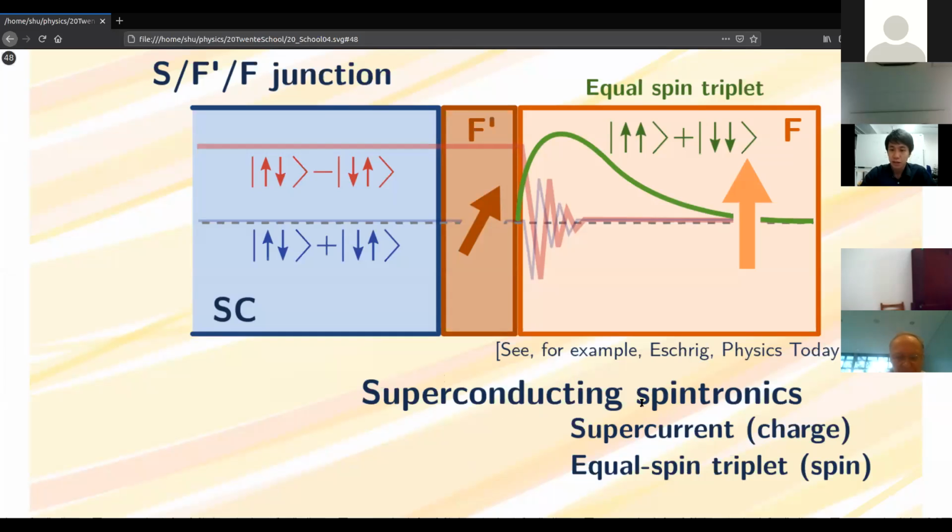In this case, the current is carried by the supercurrent, which means it is not dissipative, and the Cooper pair can carry the angular momentum. And this spin-triplet S-wave component is odd frequency, which means that they show the anomalous magnetic